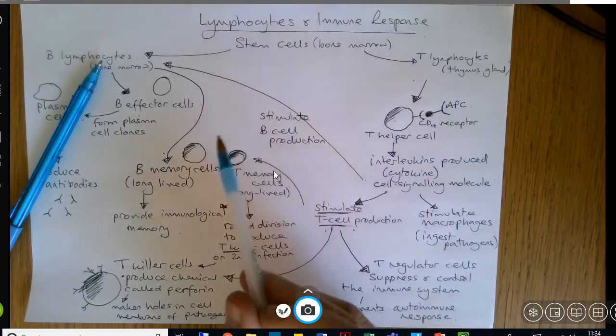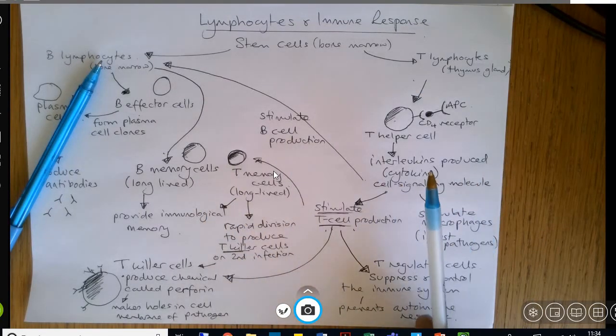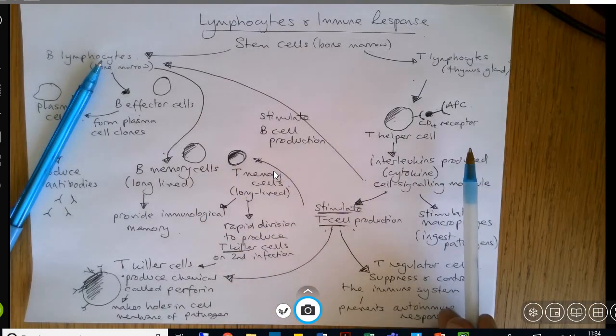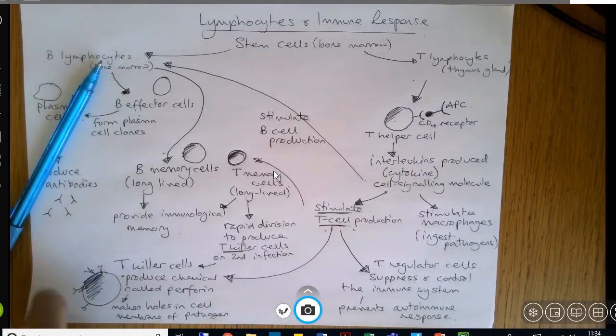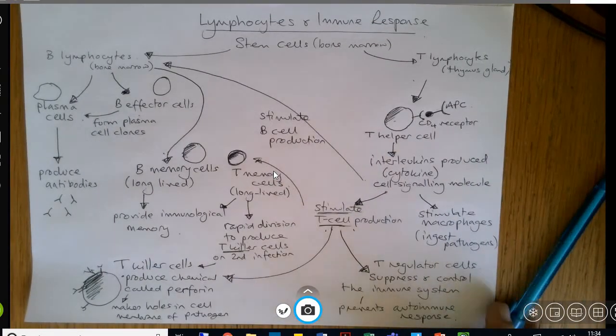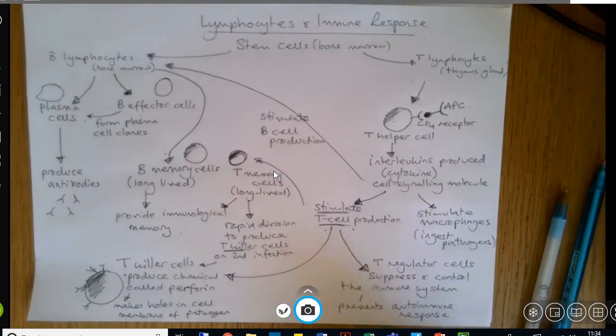Okay, so that is an overview of the immune response, B and T lymphocytes. Hopefully that's nice and clear for you. Just make sure that you can see all of that. If you've got any questions about that